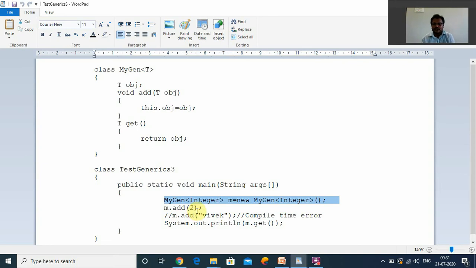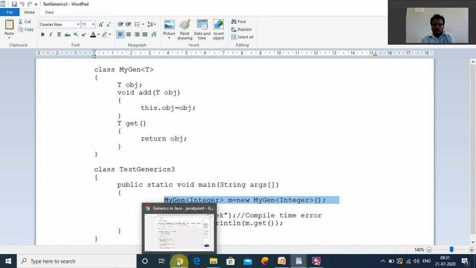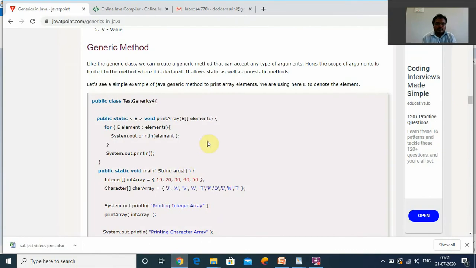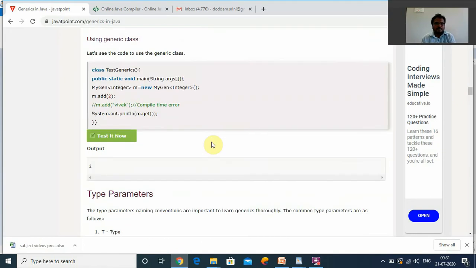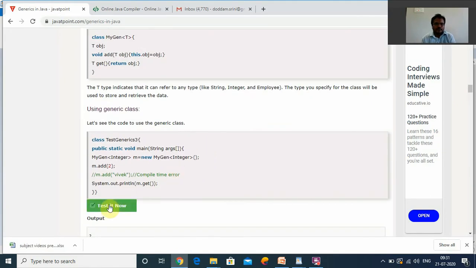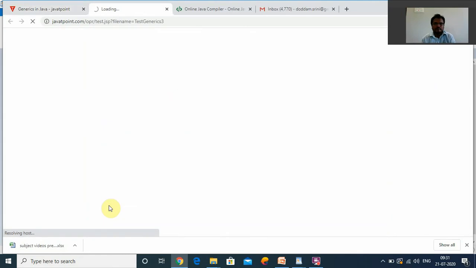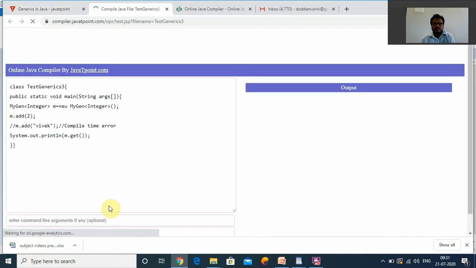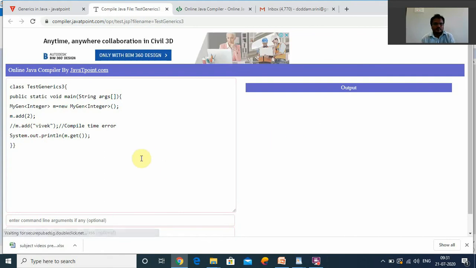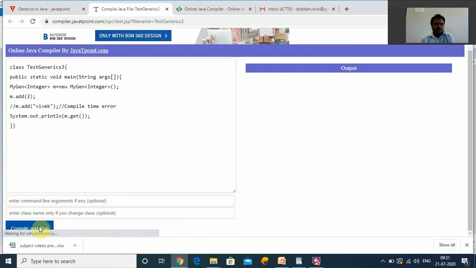This is test generics 3. Let me move to the online compiler and run it.